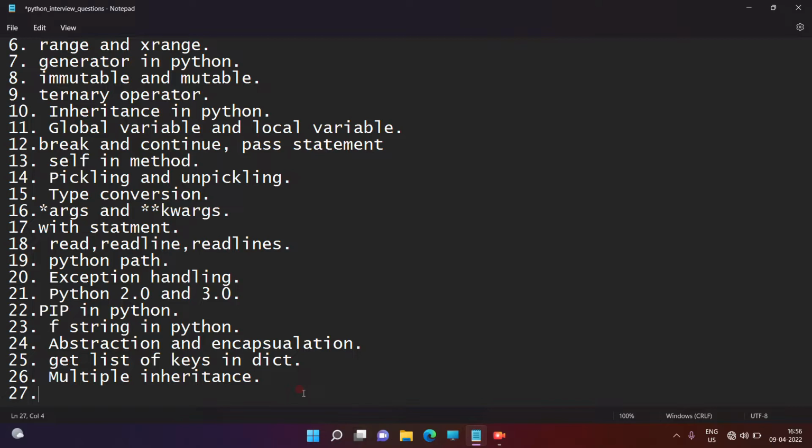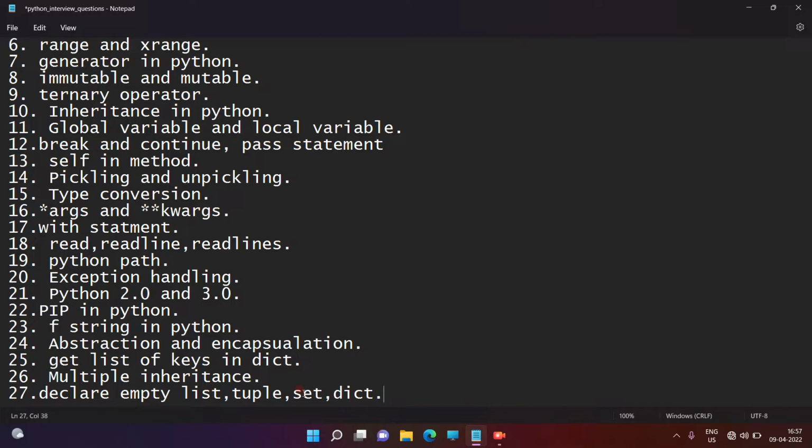So the next question is how to declare an empty tuple, empty list, empty set, and empty dictionary, right guys? This is also an important question, and we can say it is a googly question.